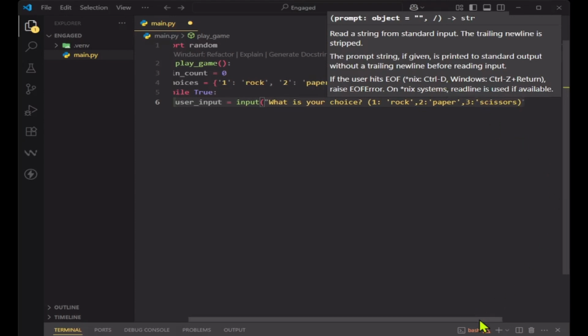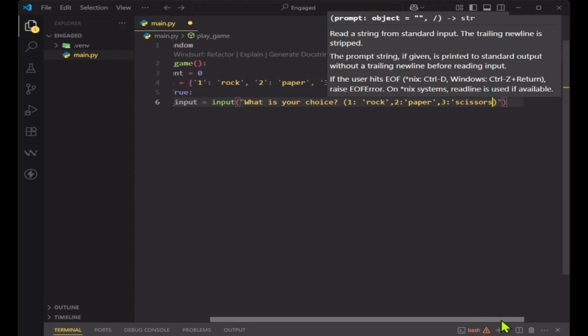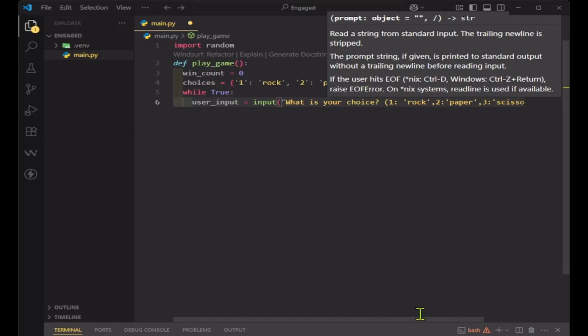Okay, so those are the choices. All right, so we have specified the choices as well,